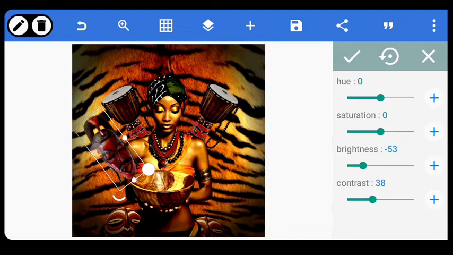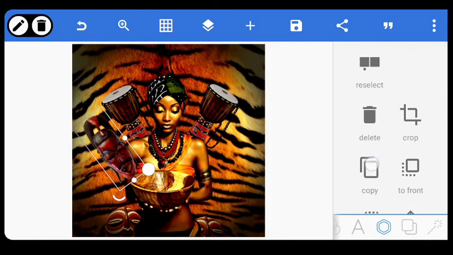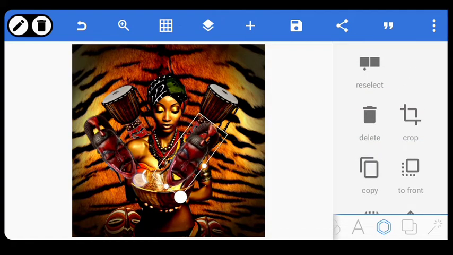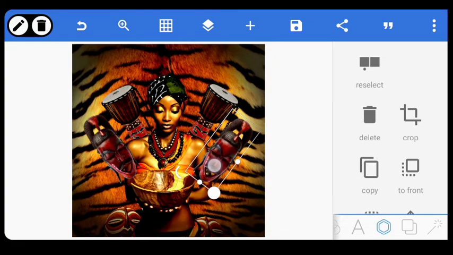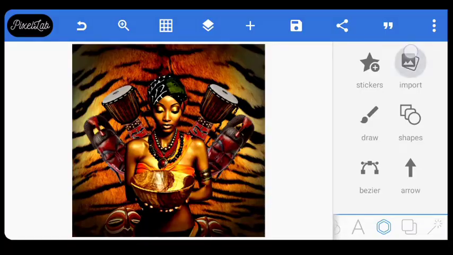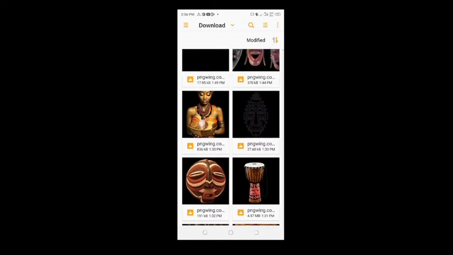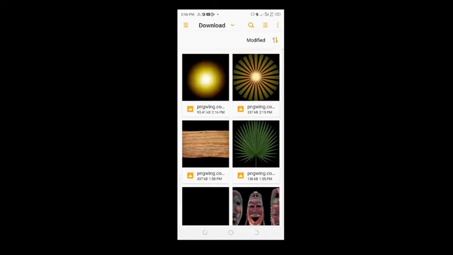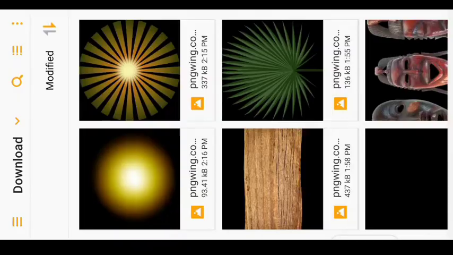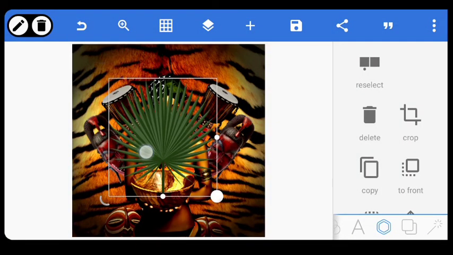So with this, you duplicate it again, rotate it, and bring it to this side also. You can see how everything is coming together. Click on the lady's image and bring it to the front. Great. Now the next thing is, let's add some other art to it again. With that done, let me add something like this. Here is a